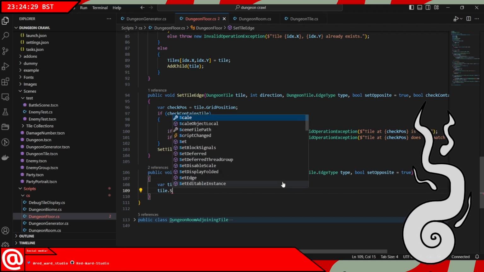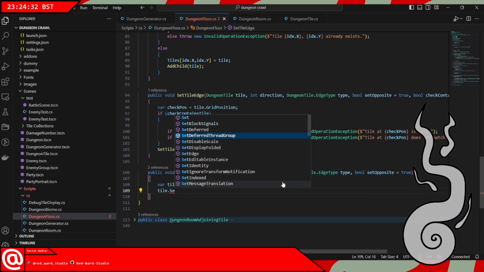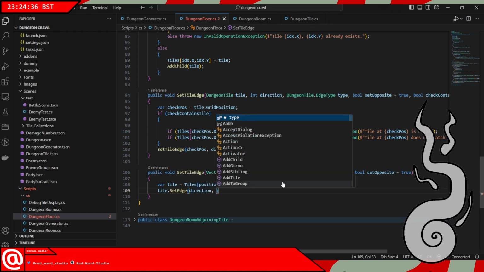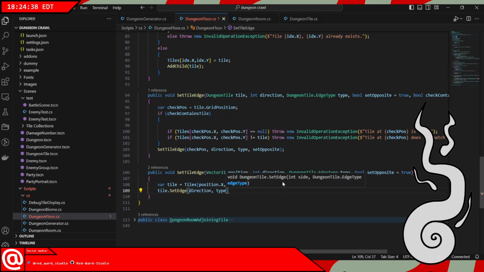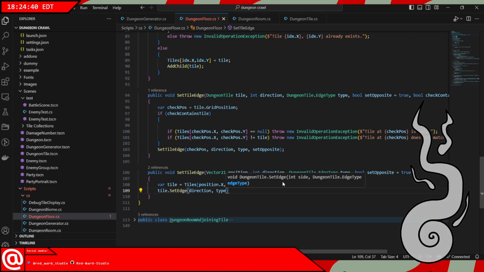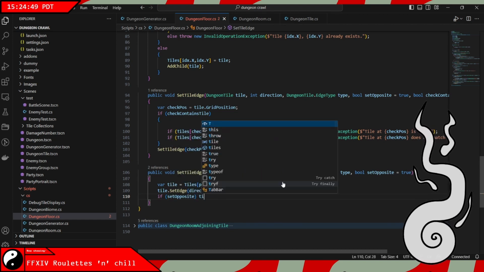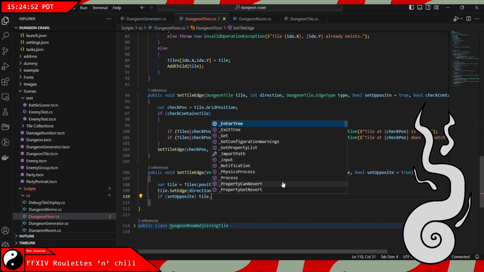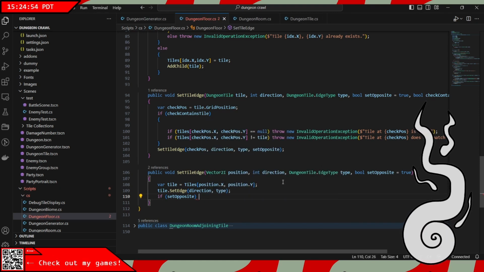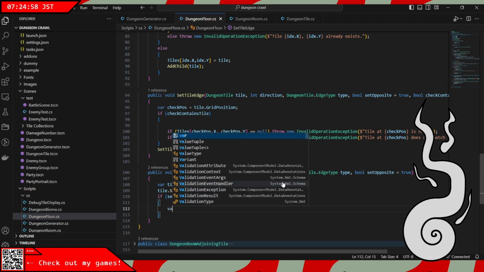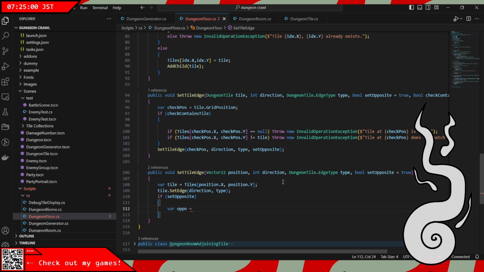Tile dot set edge type. Set edge even. Direction type. Inside, yeah. And then if set opposites, do the thing that's why we're putting this up into the dungeon floor class to begin with. So it's not tile, it's bar oppo equals